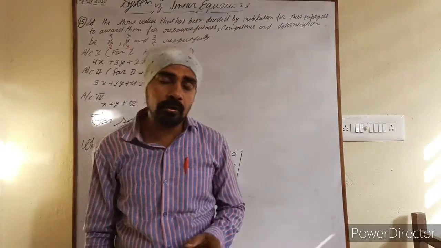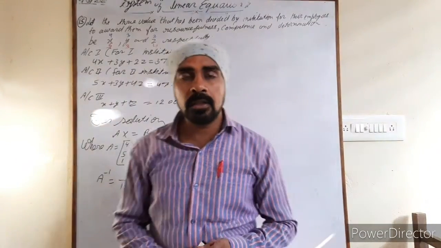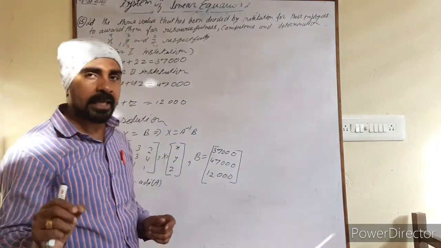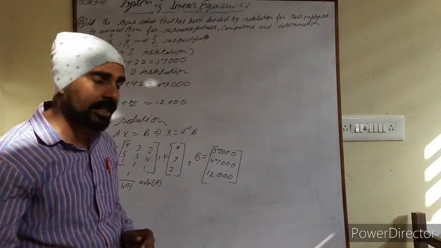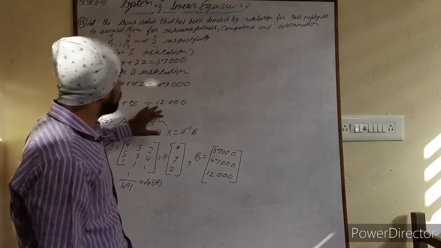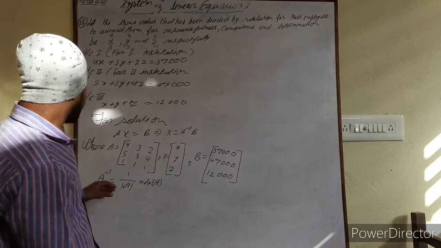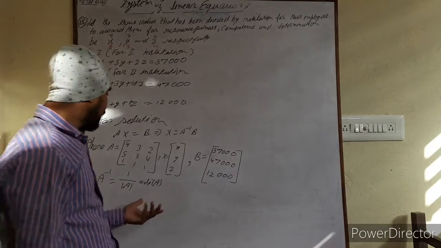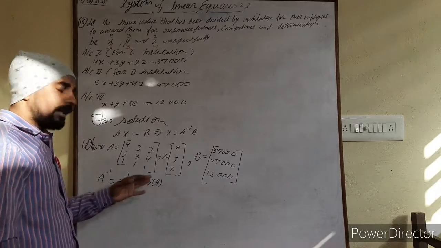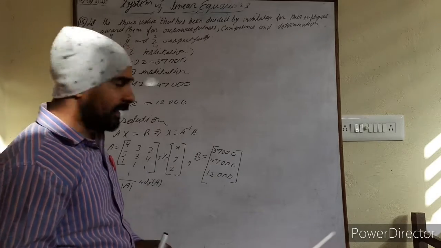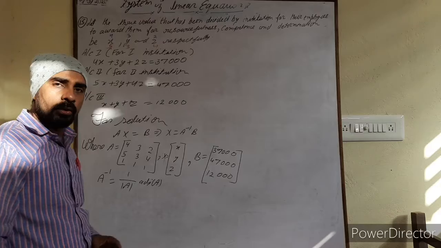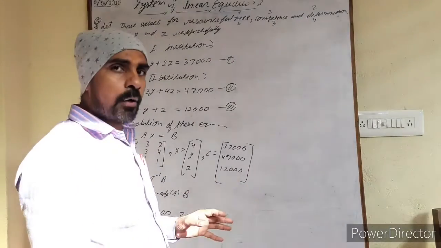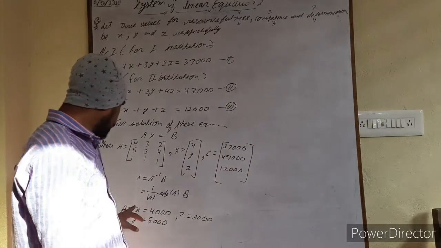If it is not equal to 0, only then the uniqueness of the solution exists, and if the uniqueness of the solution exists, only then the solution of this will exist here also. So if det of A is not equal to 0, then the further solution will be done by us. So that will be solved by you, as I had already taught you how to do. So I hope that you are able to do it now.